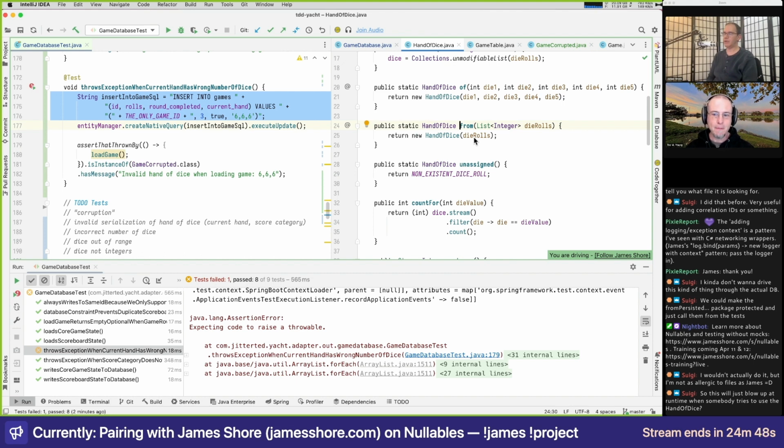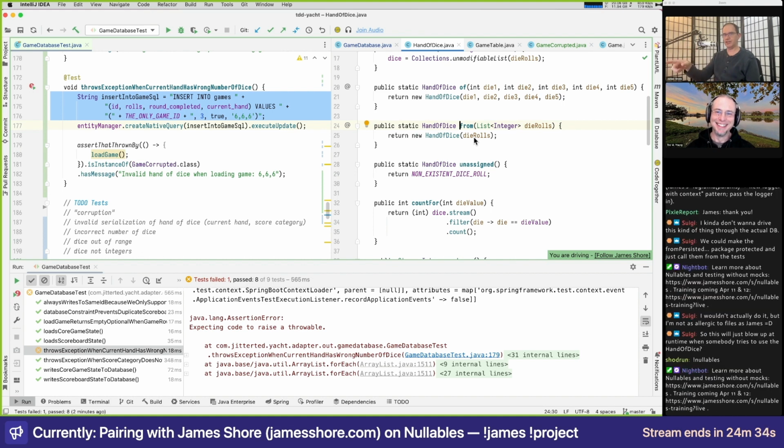Yeah. So I think of invariants as runtime assertions. They're for the programmer, and I don't write tests around them. Do you agree with that? I agree with the first part. I do put a test at our deserialization logic, but I wouldn't put a test around handofdice.from. I would. You would? Interesting. Yeah, because normally I'm test driving it, and I want to make sure that I've captured the condition for which the precondition doesn't hold. Because to me, that's a not happy scenario.